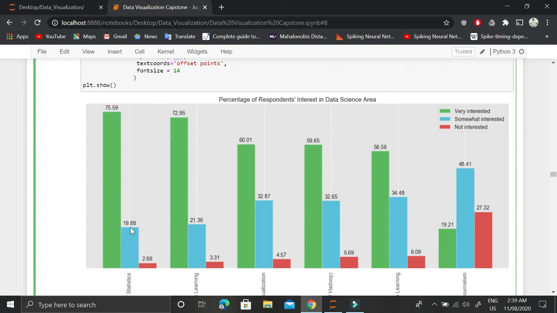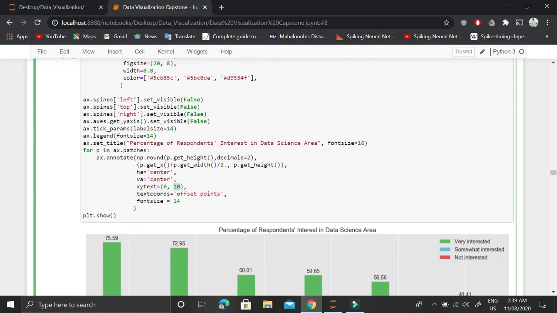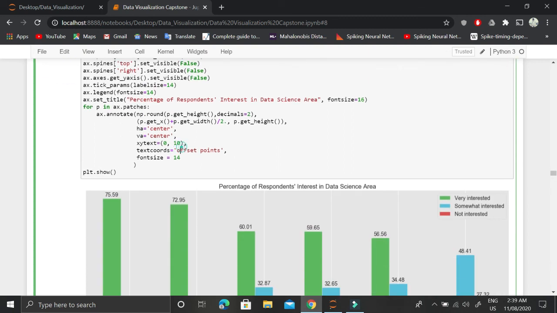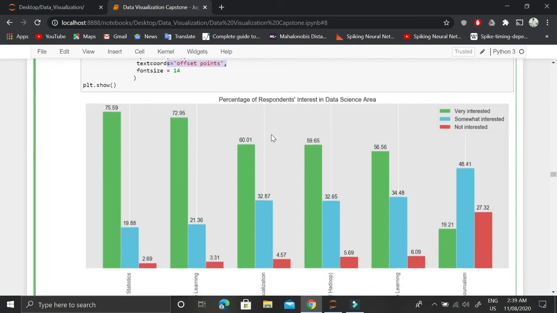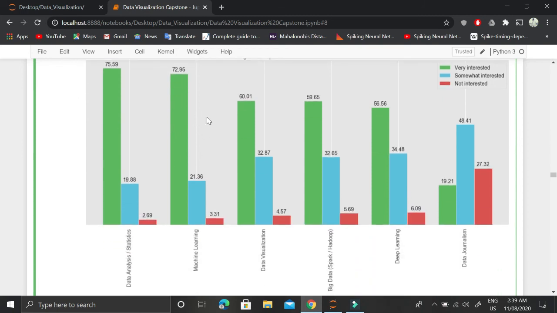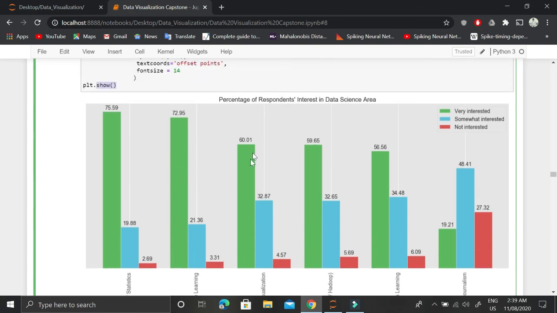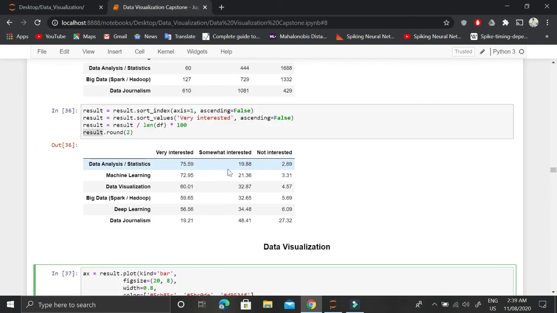We want to move a bit upward, up to 10 points. This will make the visualization better. Then we are saying that the font size should be 14 and the text coordinates should be offset points. Then finally we use this show function to show this whole annotated bar plot. I hope this makes sense now.